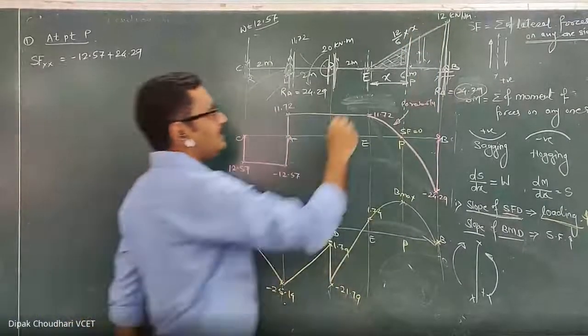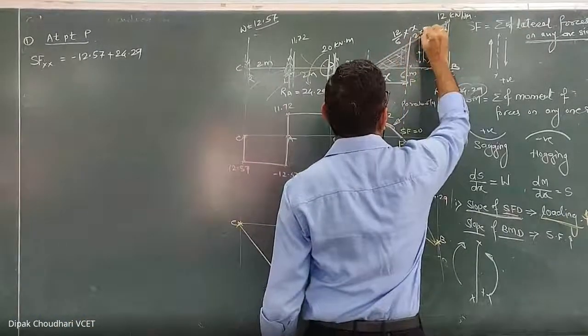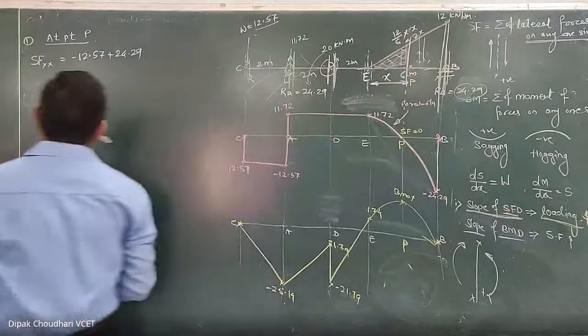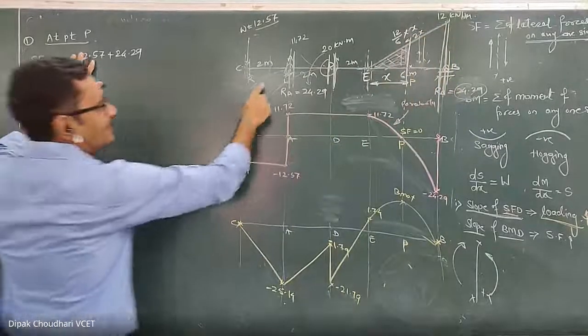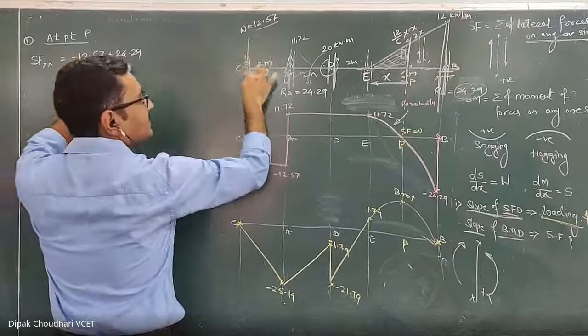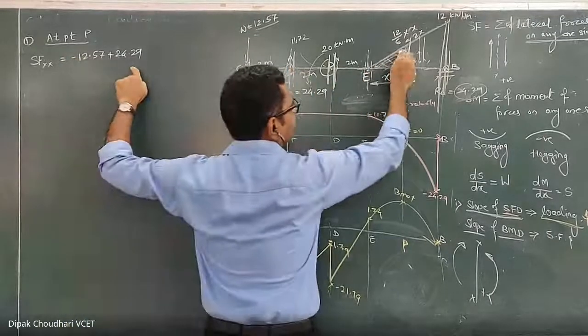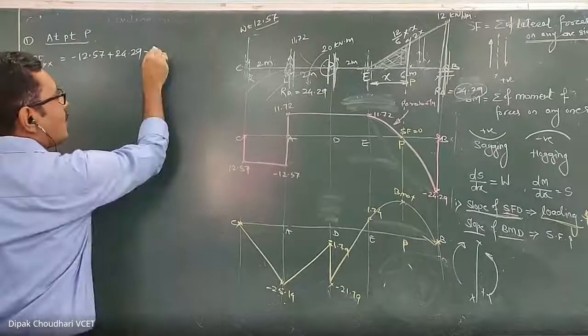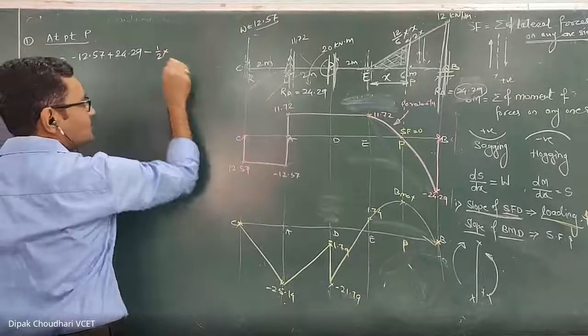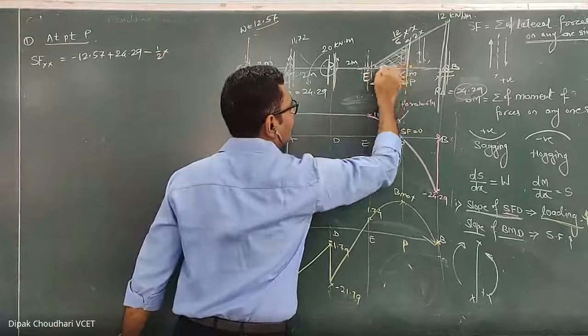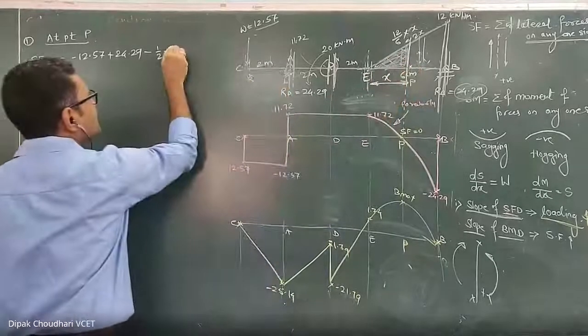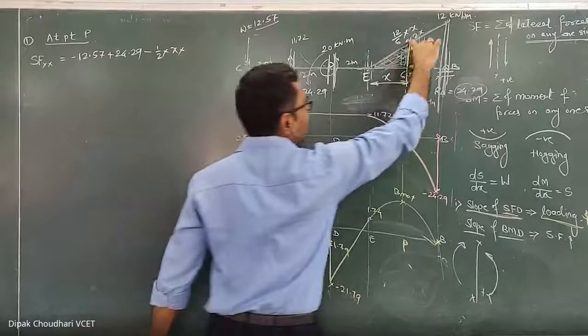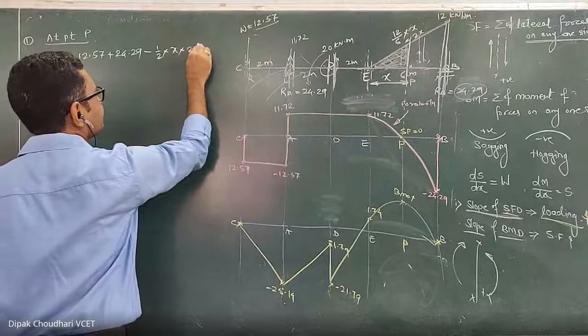Okay, then this will be the 2x. Okay, this intensity is 2x. So the summation of this force plus this force plus this. Now it is downward on the left hand side, downward left hand side में है तो minus. How much is that? It is half into base, the equivalent point load for only this triangular load. Half into this base into how much is this height? It is 2x.